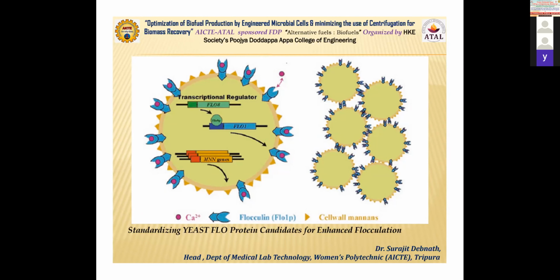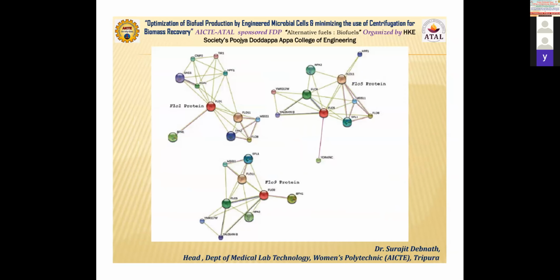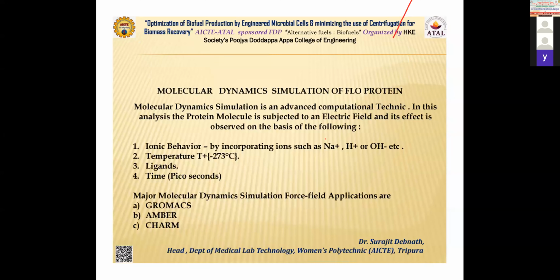Okay. So I had shared some files, but I'm not very sure whether it will be of any interest to you because most of you are mechanical engineers. The molecular mechanics concept of proteins is not very relevant for you. However, since I've been given an opportunity, I'll try to explain. So this is how we are standardizing the protein. Okay, which protein or which FLO, because there are plenty of FLO. FLO means nothing but the plugs.